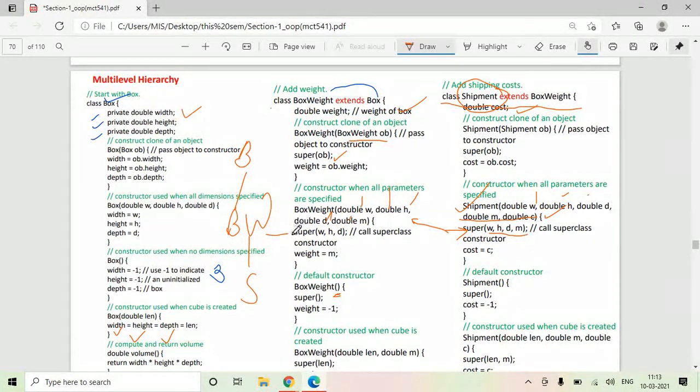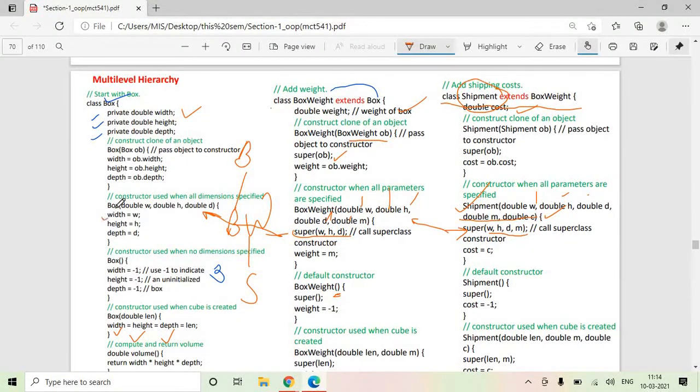The first line is super(W, H, D). Box weight class is derived from class box. So the box class constructor which accepts 3 arguments. So this one, this super will give a call to this constructor.